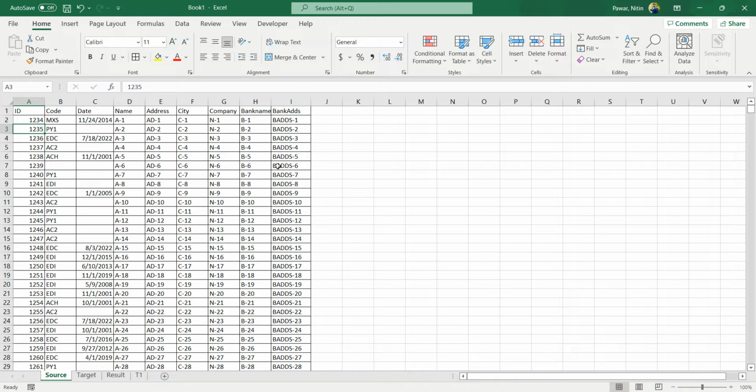The first way is when your source and target have some primary column or key column, based on which a row can be identified. Here my id column is unique, so it's not duplicated. Based on this column I can identify a row. So when you have this kind of data, what you can do,